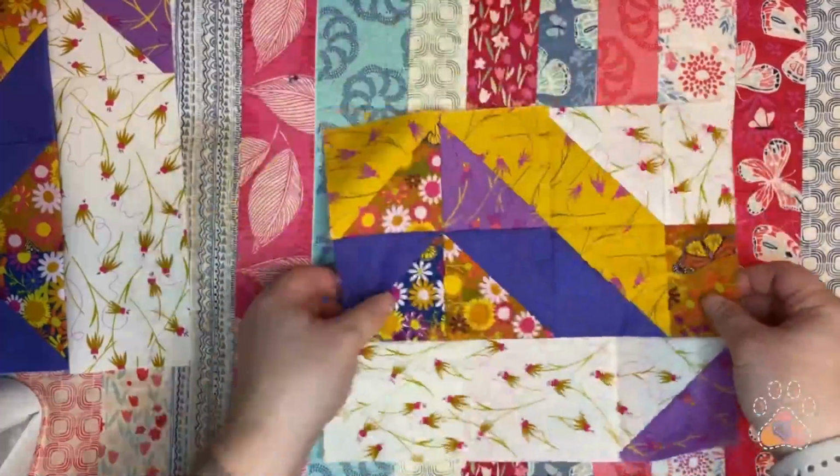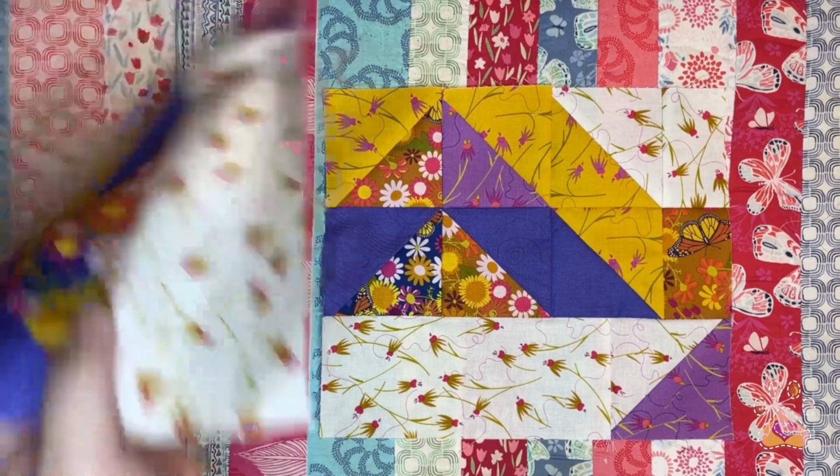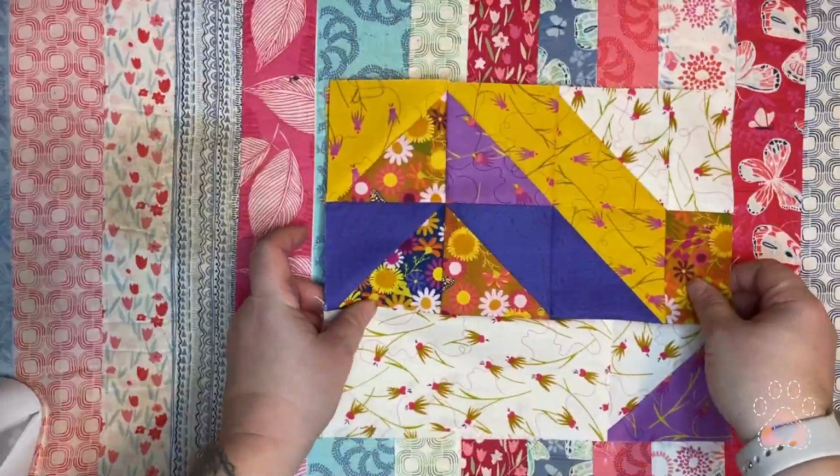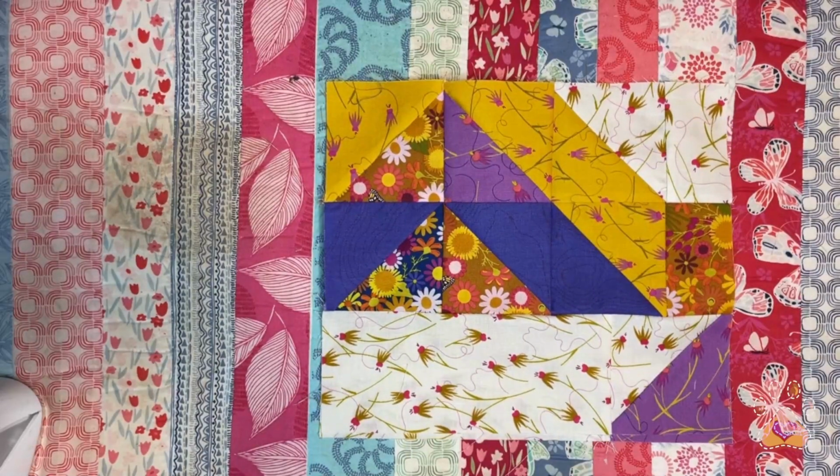All right. There's your block from section 6A, and you'll have 2 of these. Just like that. And we'll set these aside because we're not going to use these again until we start to